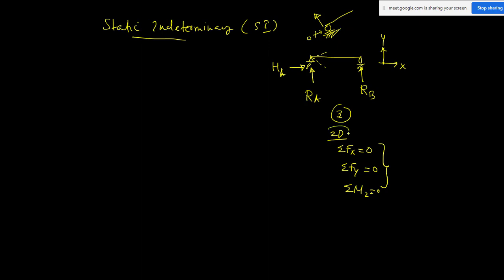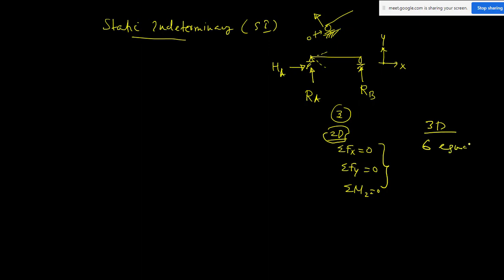We are going to have a 2D structure. But if we have a 3D structure, okay, 2D structure means it can be a beam, plane truss, plane frame, or portal frame. 3D structure means it can be a space frame. If you have time, we will solve that question also for the indeterminacy calculation, because that also will be asked: for a 3D space frame, how to find out the indeterminacy. 3D means it can be a space truss or space frame. So in that case, how many will you be having?